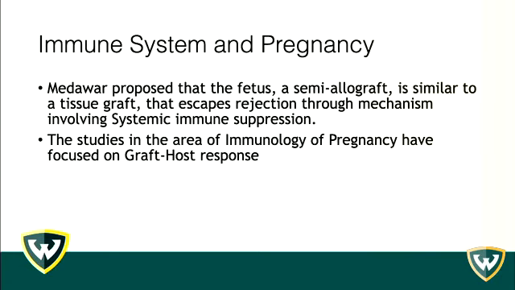Similar to today, when we transplant an organ like a kidney into a patient, in order for that kidney to be accepted by the host, you need to immune suppress the patient. So he proposed that in nature there is a natural mechanism of immune suppression